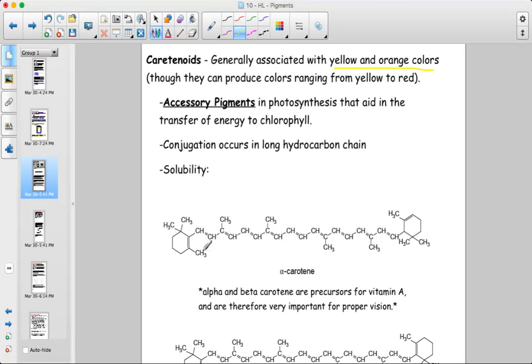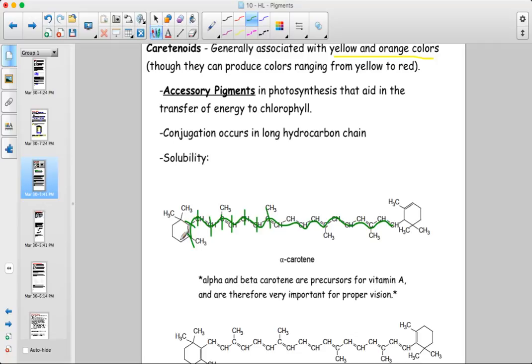They have these really long hydrocarbon chains, and that's where the conjugation is taking place. If you look at the alternating double bonds here, and you imagine the pi bonds, well, we've got a pi bond here, and then there's a pi bond here, and then there's a pi bond here, and I think you get the idea. Pretty much every other bond is a carbon-to-carbon double bond, and that's just going to create a conjugated system all the way across that hydrocarbon chain. You'd have electron delocalization. A tremendous amount of delocalization means that those electrons are easily excited,